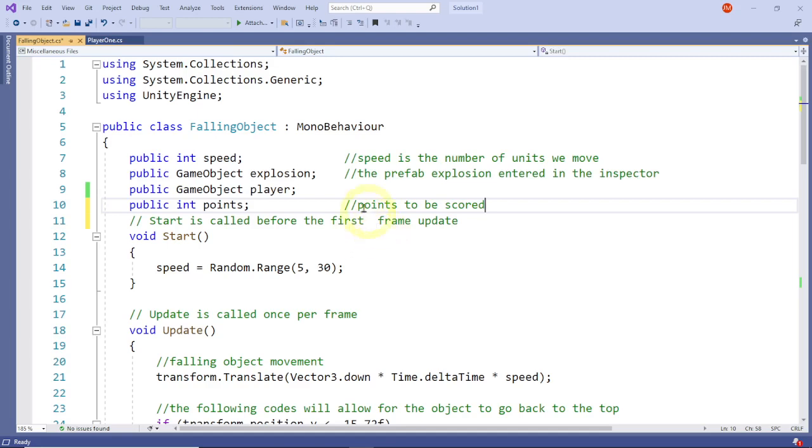I also realized that I forgot to put a comment up here. So make sure you put, this will link the player to the following objects. Okay, points to be scored right there. Okay, so now